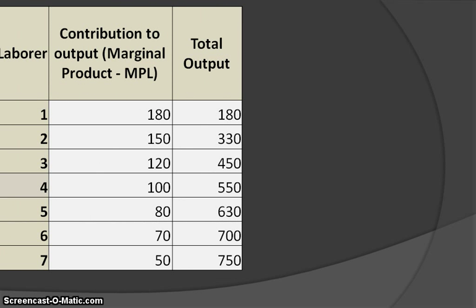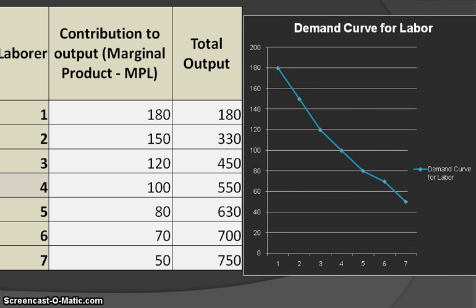Now, it should be possible for us to plot these values. And that's what we have here. We have a demand for labor curve. It's actually your marginal product of labor curve. And it's downward sloping from left to right. We see here the first laborer contributes 180. So the x-axis records the workers that will be hired, and the y-axis records the actual output